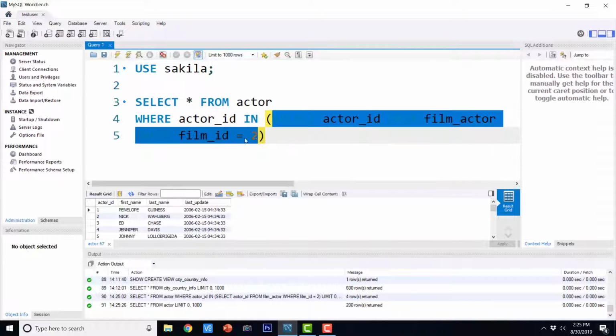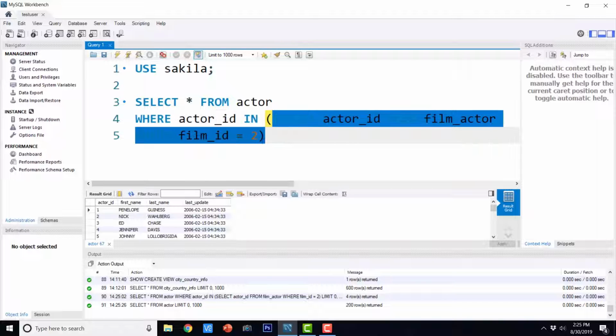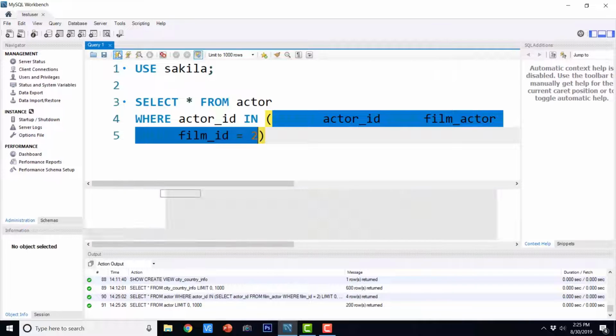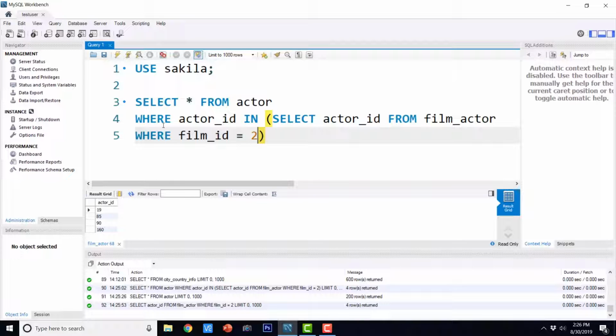Let me execute this inner query. Here we have actor ID where film ID equals 2. All these records are fed to the outer query, and then the outer query selects star from the actors where actor IDs are in this particular set.